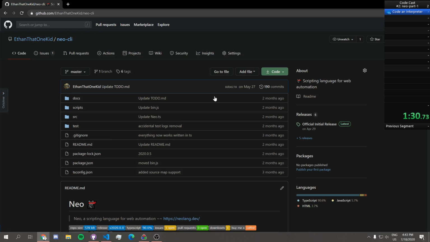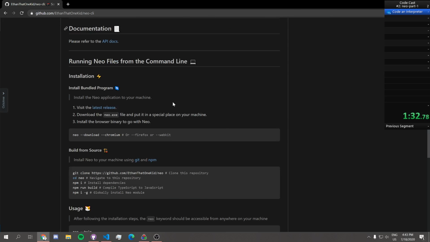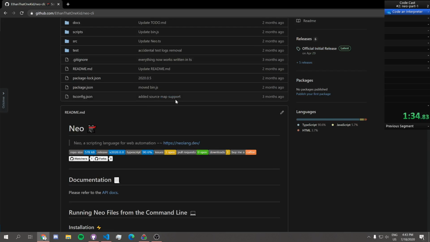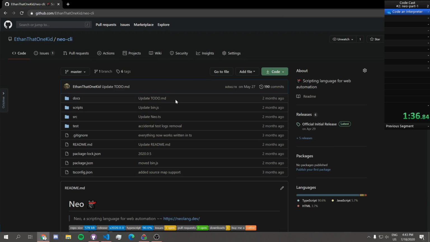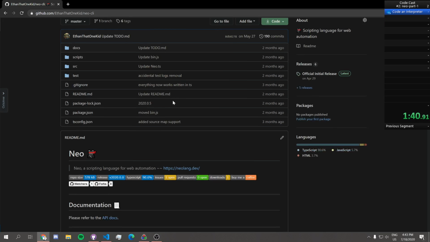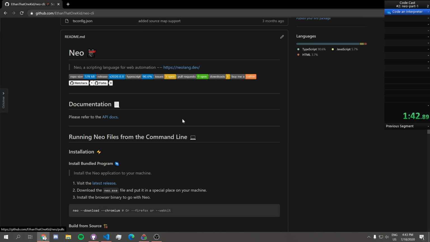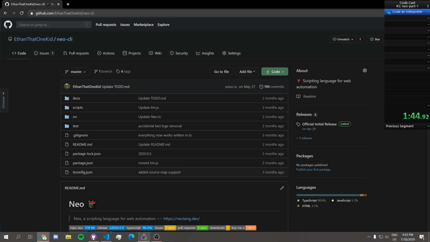I pronounce CLI as "Cli", so sorry if you're not used to that. It's just how I read it in my head. So now I renamed it to Neo Command Line Interface. It's been done. It's really been done. I'm sorry to say. But anyways,